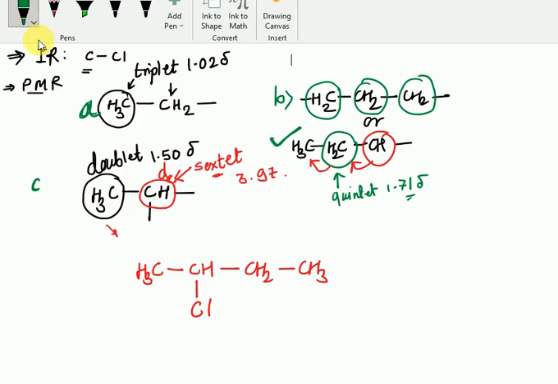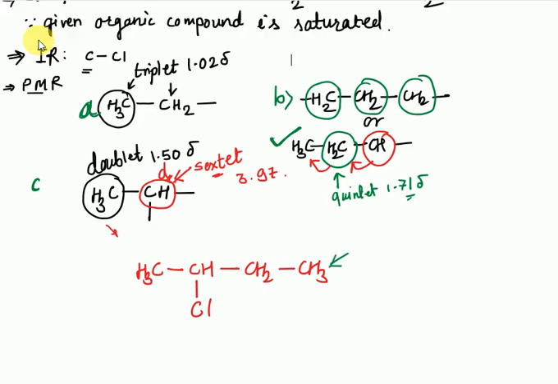If we write the data, this CH3 shows a triplet, because its next carbon has 2 hydrogens, so triplet. These hydrogens will show 3 plus 1, 4, so it will show a pentet, or we call it a quintet. Quintet means 5 signals, and this single hydrogen shows a sextet, as its next carbons carry a total of 5 hydrogens, and this CH3 shows a